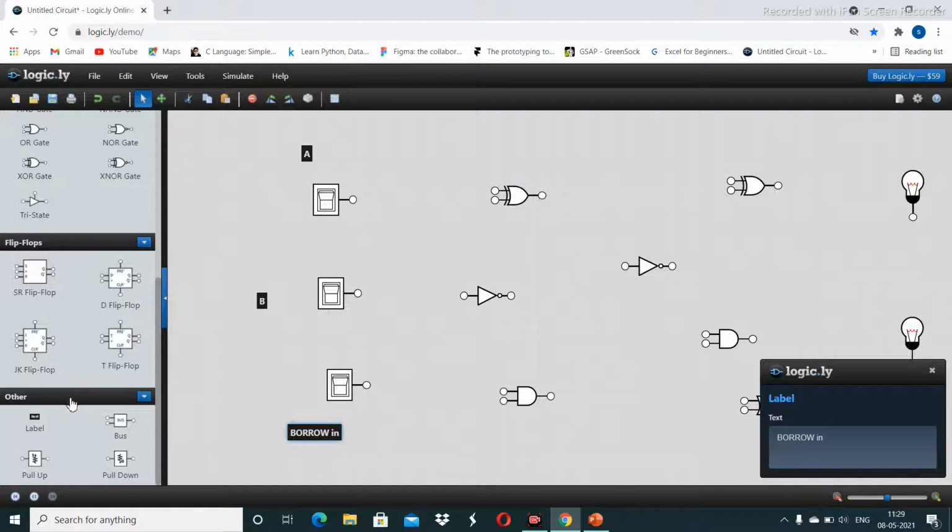Now name the outputs: difference, and another output as borrow.